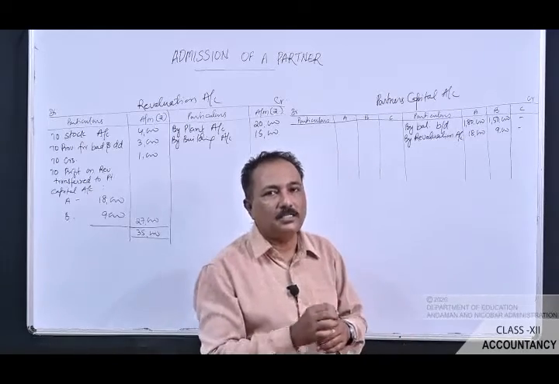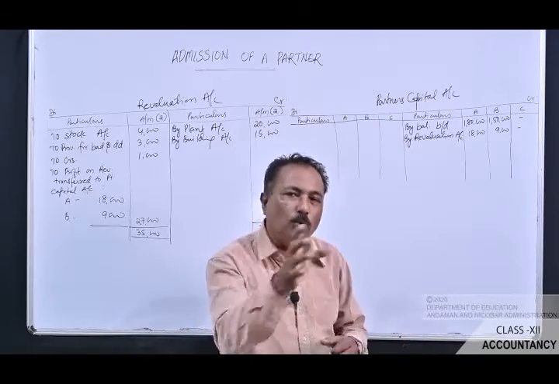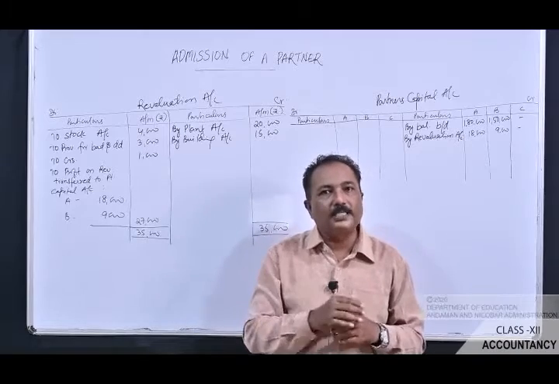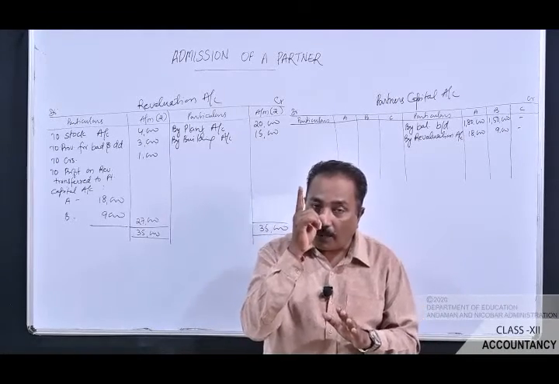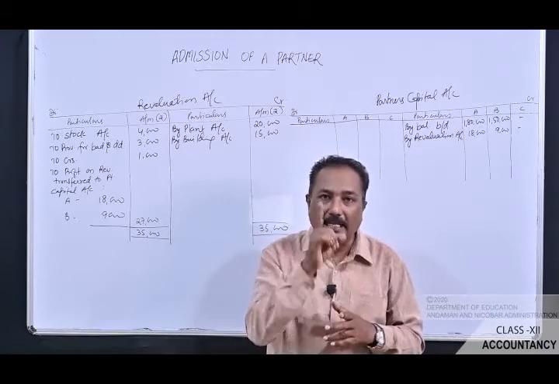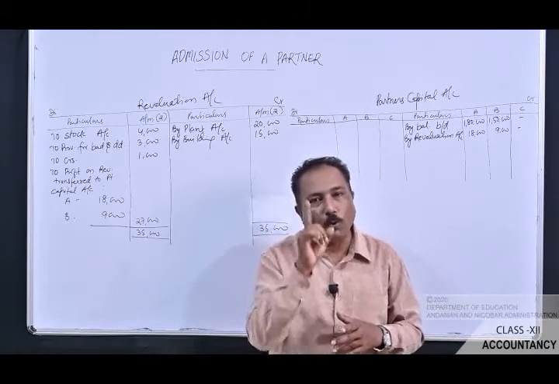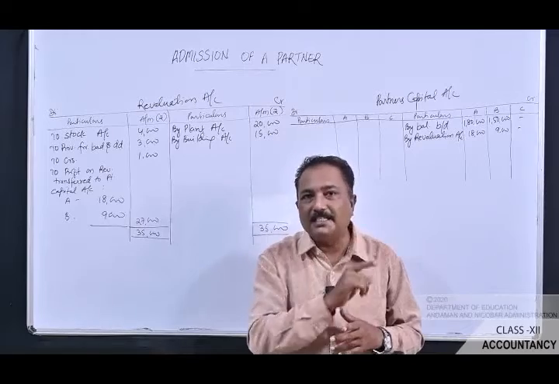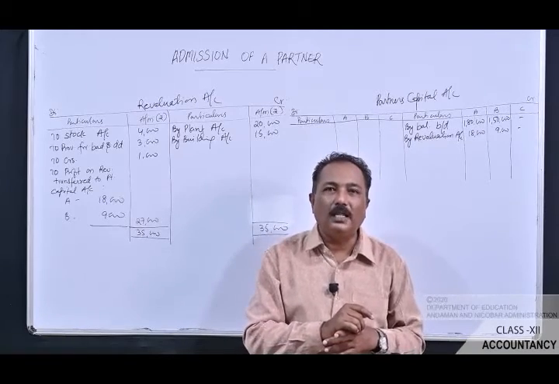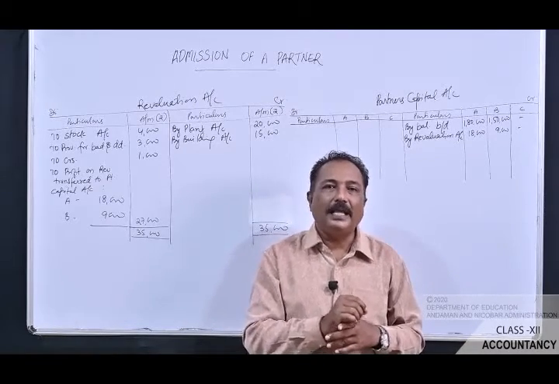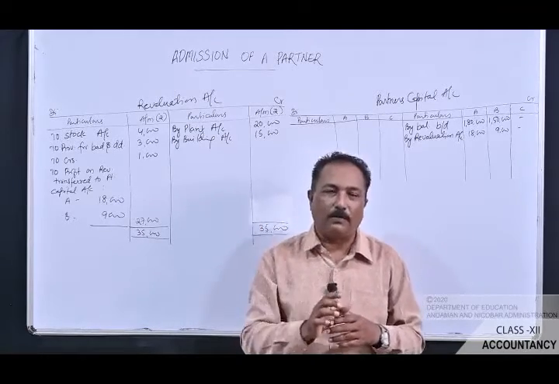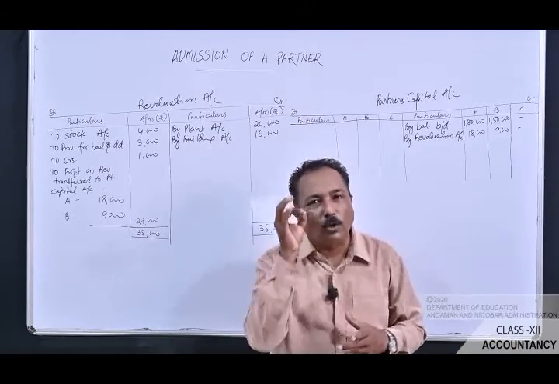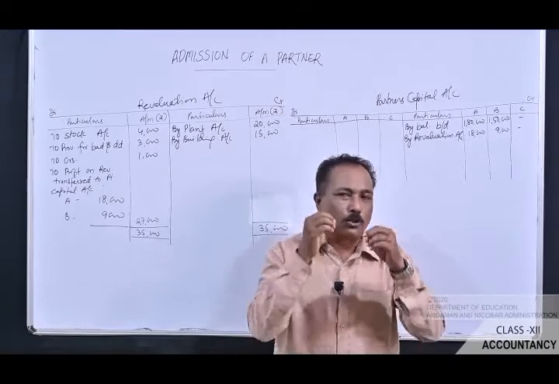Here you have to search for if any old goodwill is given. Here in this case also, no old goodwill is given. If old goodwill is given, then you will have to write off such old goodwill. What will be the general entry for writing off such old goodwill? The general entry will be A's capital account debit, B's capital account debit to goodwill account. But no such information about the old goodwill is given in this question, so leave it.